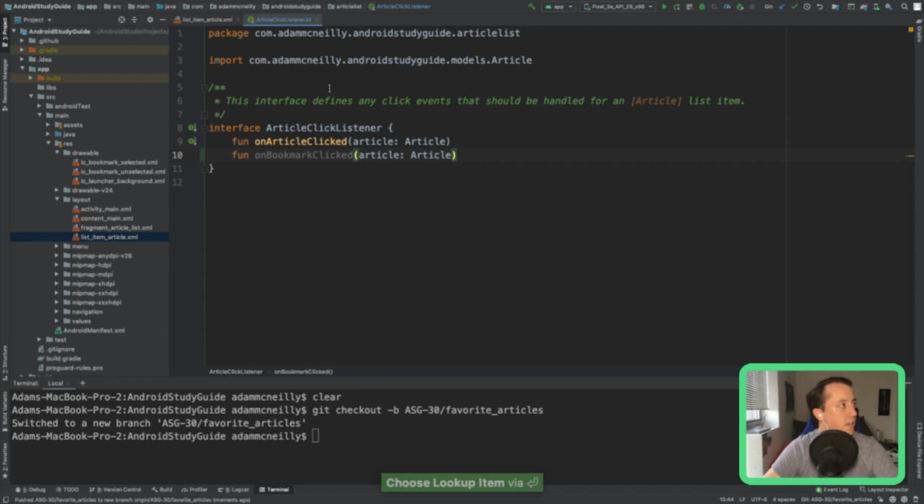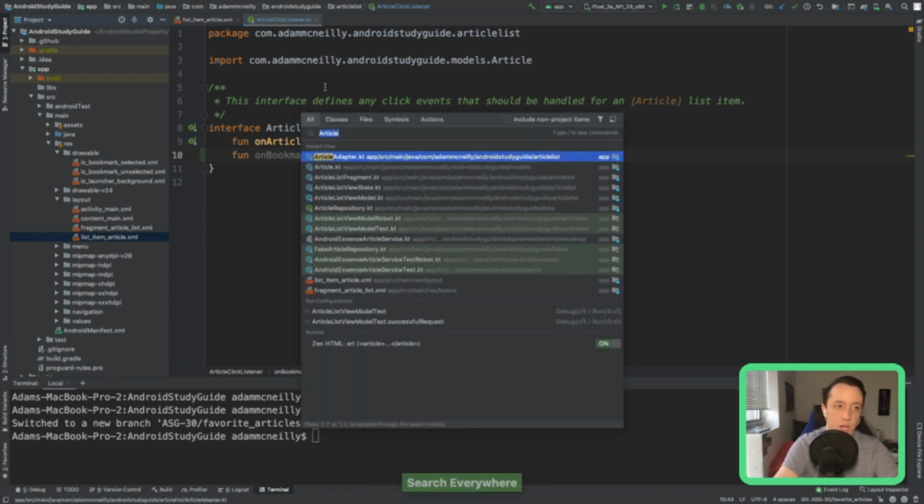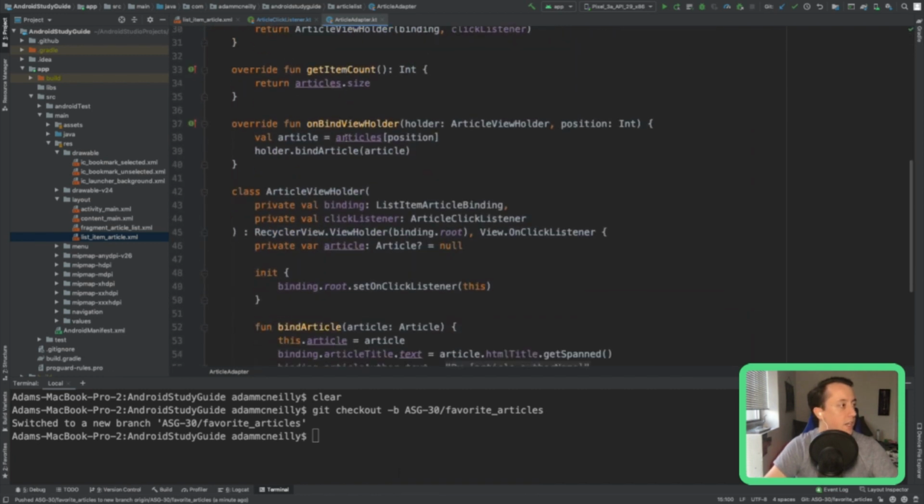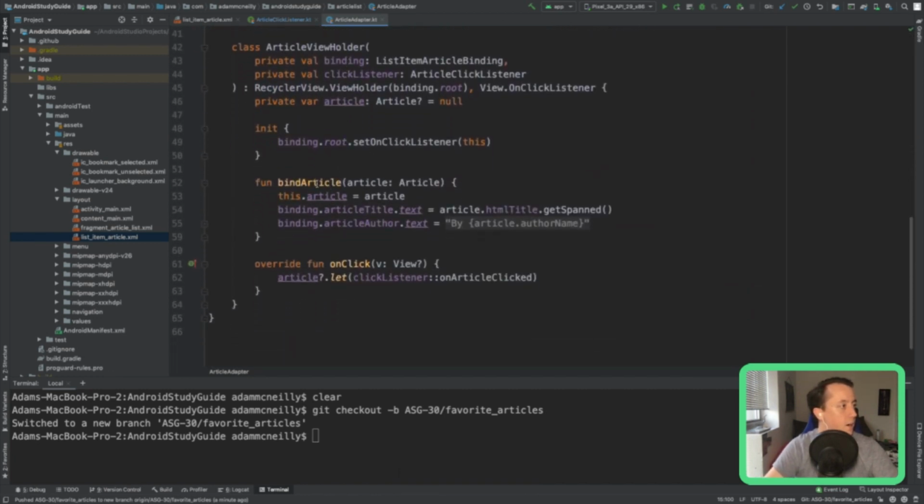Once we have that, we can go into our adapter, article adapter, and here we have this bind article method that sets the article. We override on click. Let's do this.